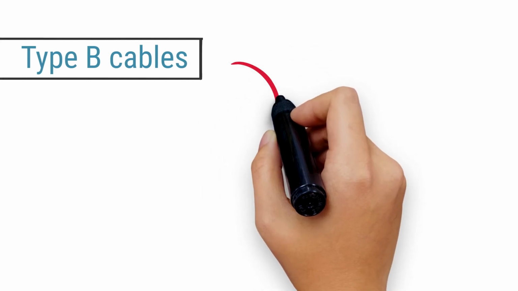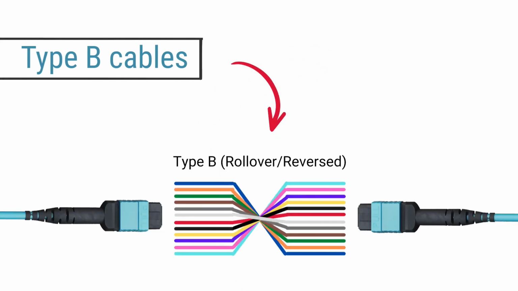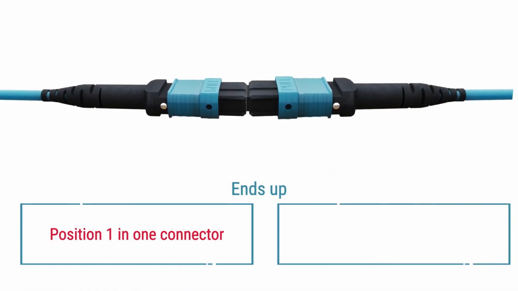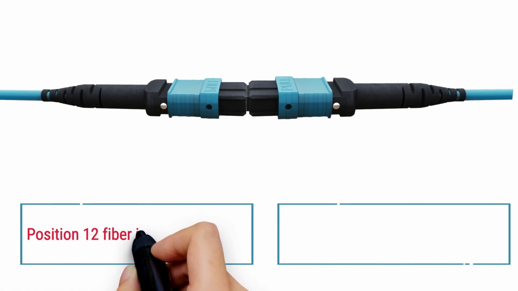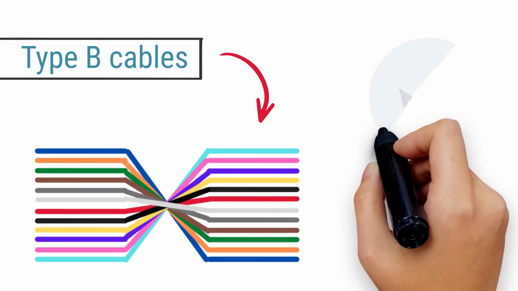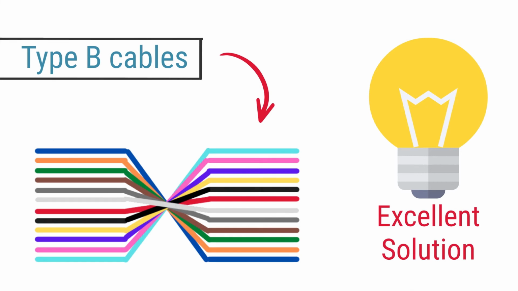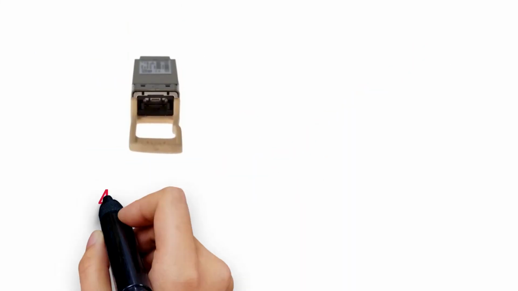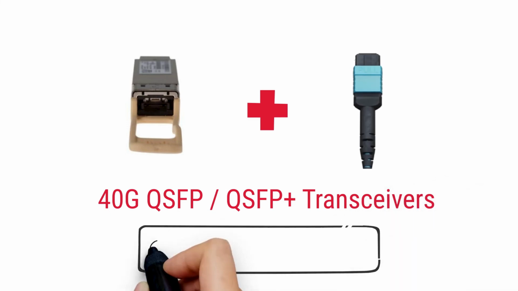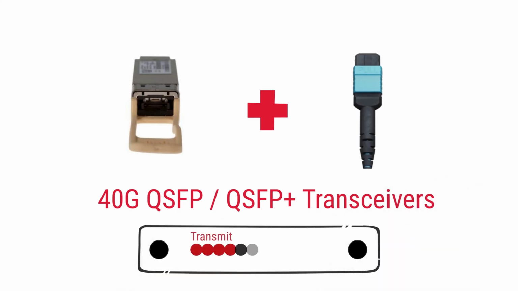Type B cables are also known as rollover or reversed. In these cables, position 1 in one connector ends up in position 12 in the other connector. Subsequently, the position 12 fiber in one connector becomes position 1 in the other connector. Type B cables are some of the most popular on the market today and are an excellent solution for making direct connections between 40G QSFP, QSFP Plus transceivers, which utilize 4 10G send lanes and 4 10G receive lanes to